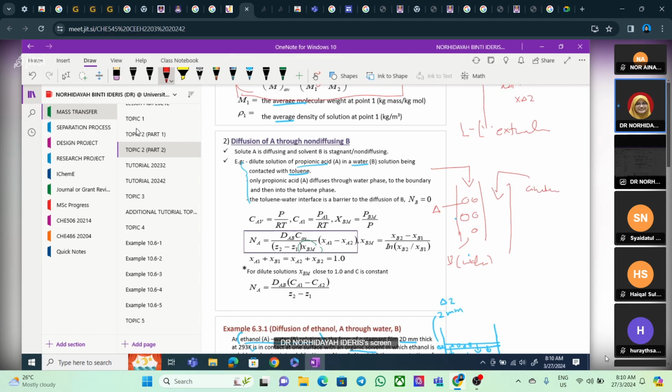So this is the other liquid. Because of the different affinity, if the molecule A is much more soluble in the second liquid, then mass transfer will occur. So this component A will diffuse into the second liquid, and then you will get a more pure water. So this is the case of